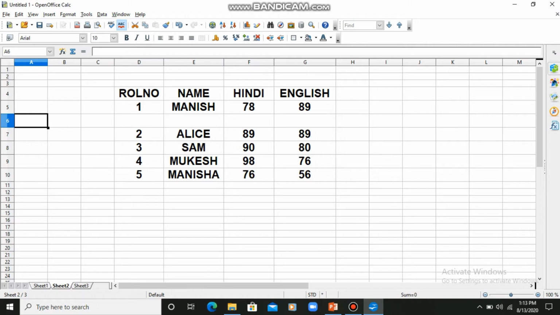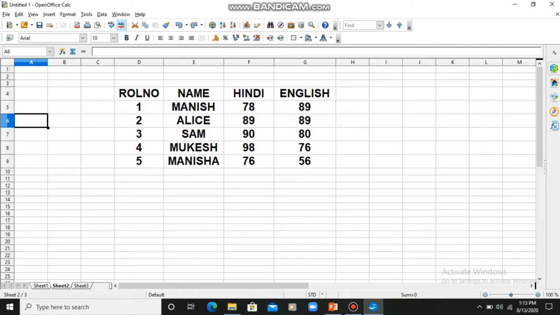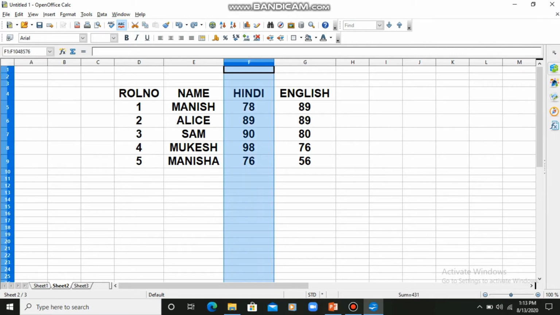Students, if you want to insert a column also, it can happen. Suppose I have selected this column. You have to click on the column header for inserting a column. Now if you want to insert a column, always remember that the column will be inserted on the left side. So after the name, a column will be inserted on the left side, and a row is inserted just above the selected row. Again go to the Insert tab and click on Column.